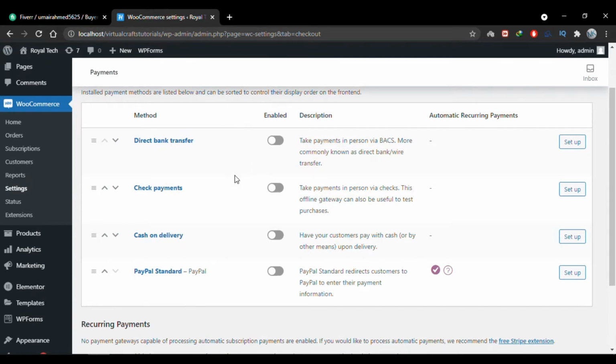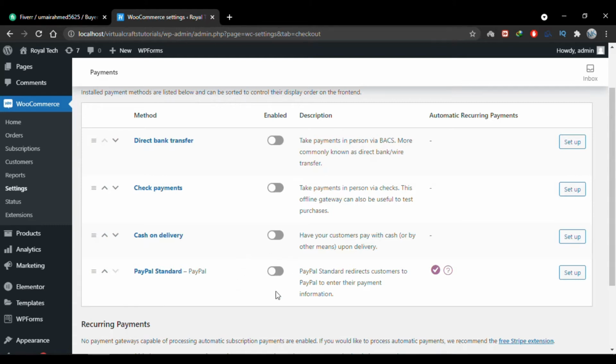Now these 4 payment methods are offered by WooCommerce by default, but if we want to add any extra payment method, we have to use third-party plugins and then integrate them with WooCommerce. I will have another video on that too, but in this video we'll see how we can add these 4 methods and get our WooCommerce store up and running. So first of all, let's see PayPal standard. In this payment method, we add our PayPal account to the WooCommerce store, and when a customer makes the purchase, our PayPal account handles the payments.